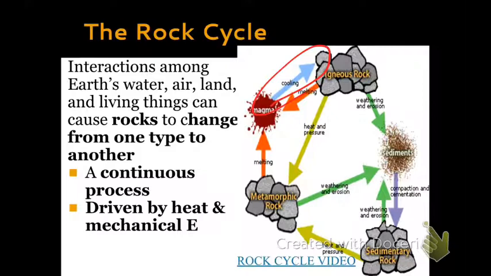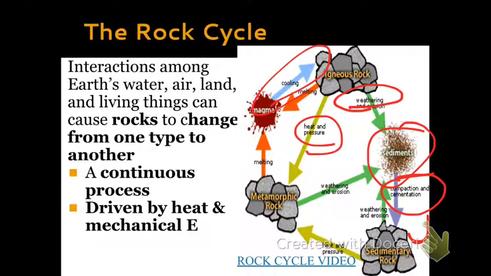Notice that in order for this igneous rock to turn into a sedimentary rock, first it has to be weathered, aka broken down. We know broken bits of a rock are what we call sediment, and that when sediment is compacted and cemented together, it becomes a sedimentary rock. What are the keywords for metamorphic rock? Heat and pressure. Well, notice every arrow pointing to a metamorphic rock says heat and pressure. So